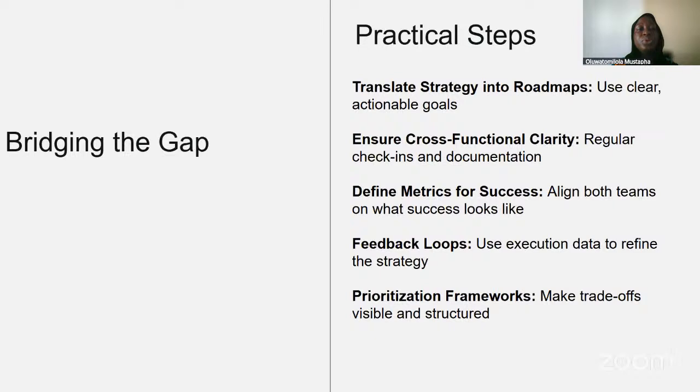So how do we then bridge the gap between product strategy and product execution? The first step is to be able to translate the strategy into a roadmap. Use clear and actionable goals. So when you are strategizing, like I said, road mapping is very, very important. You need to be honest with yourself and say that this thing that I'm building, I'm not just going to be assuming and fantasizing that it should be doable. It should be something that you know genuinely, with your resources and investment, is going to give you what you want. Don't come and be assuming that if I gather this set of people,